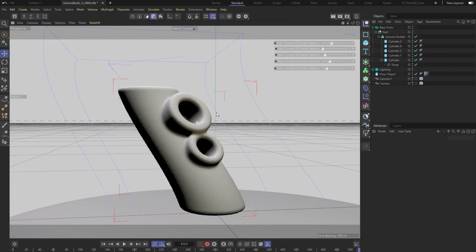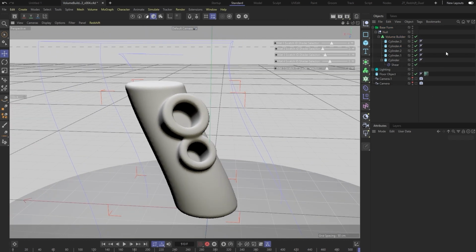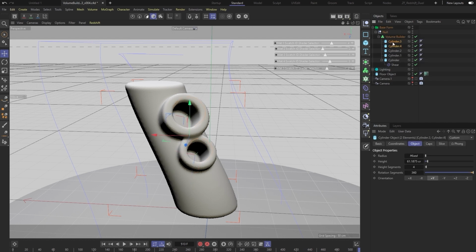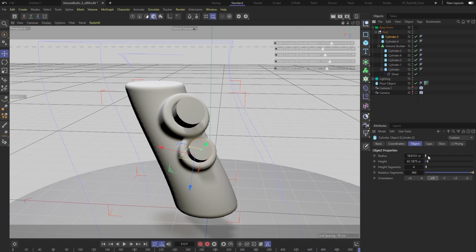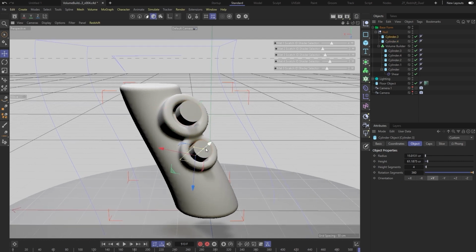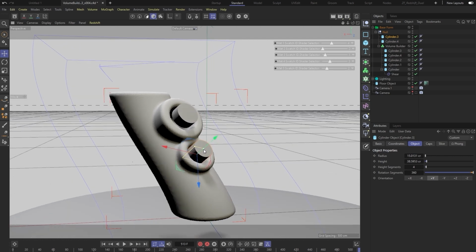So there we go. We have a couple nice little cavities that I can insert some. I can just go ahead and duplicate these two guys and move them outside. And now to start with, I have a couple little branches, you could call them. Make them a little smaller again. And same goes over here. Now we have a decent starting point.